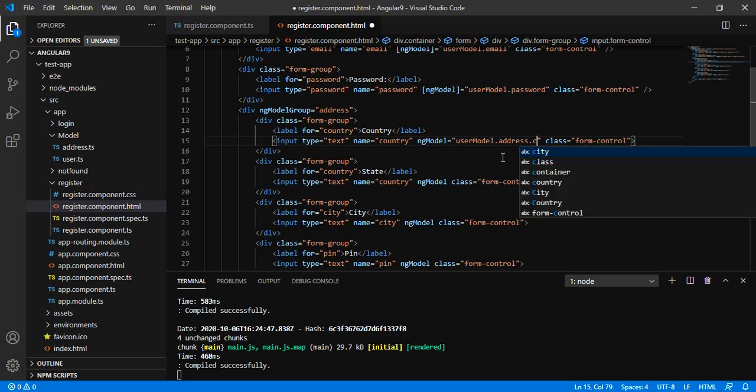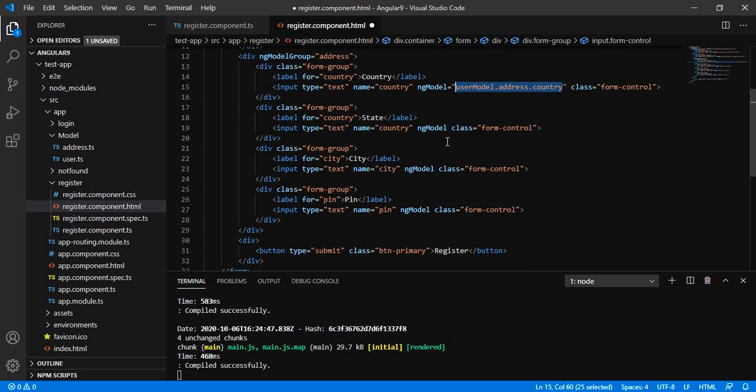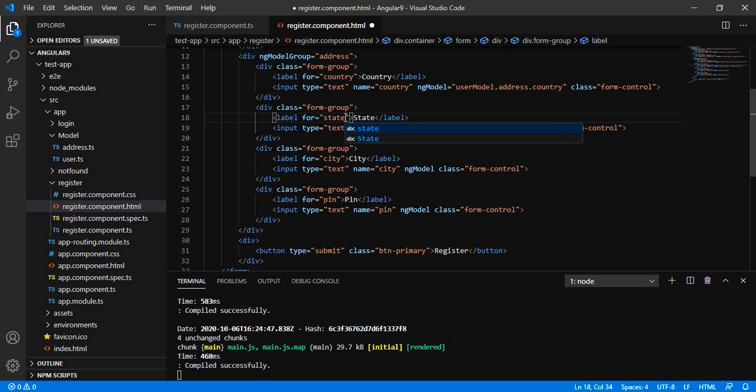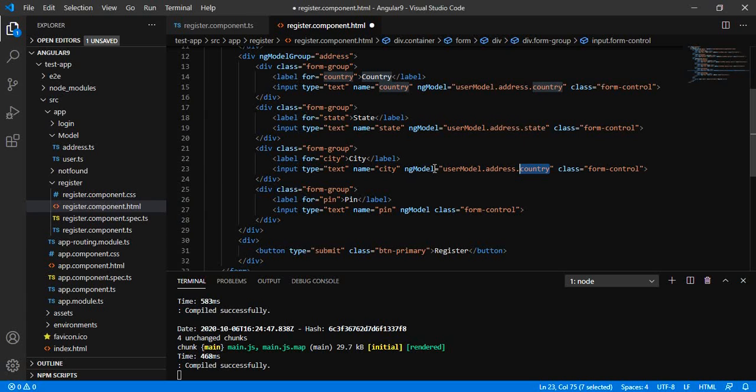This should be address dot country, as it is the group property. Same as we have to apply it to the state, this is the city, and the last one, our pin.